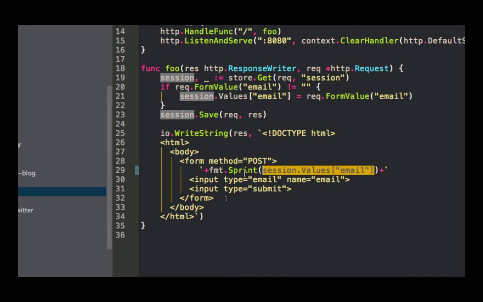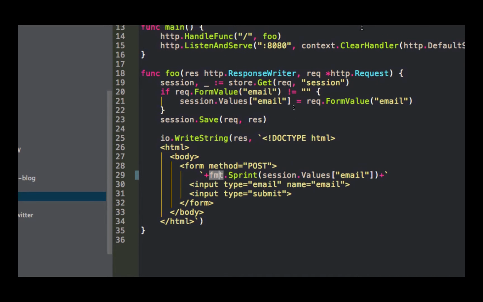So if the value that's stored there is email and it's already a string, I'm not sure we need Sprint. Putting the Go code inside of it, yeah. Just break the string up and concatenate it. It's like string plus string plus string, right? And that's an expression, and it evaluates to a value, right? And then this would all be another expression. We're adding one string to another string. That makes sense. Like putting the variable in there. Yeah. So that's kind of cool.